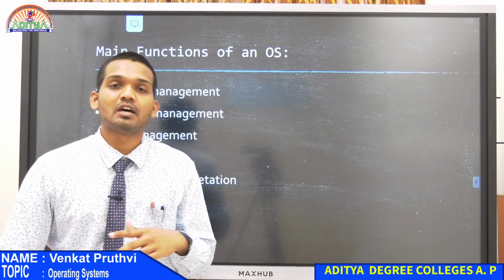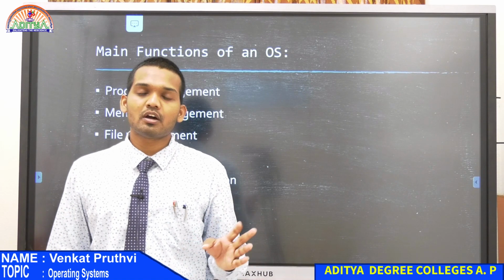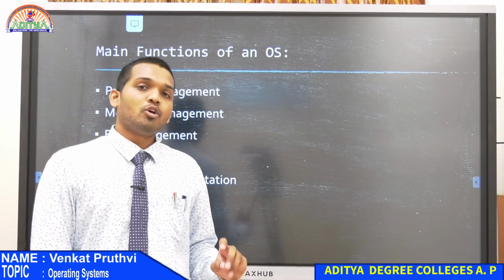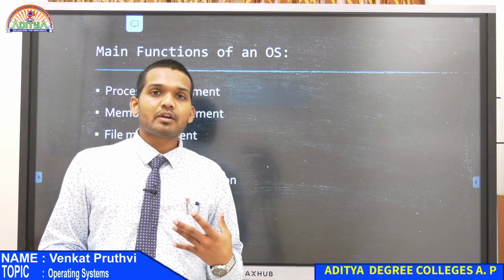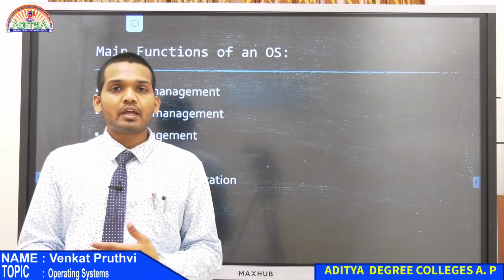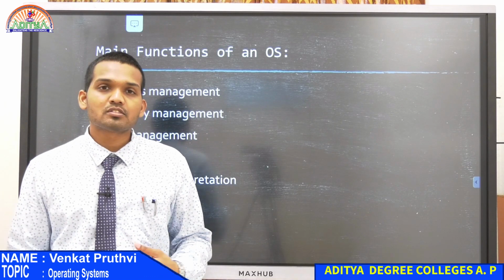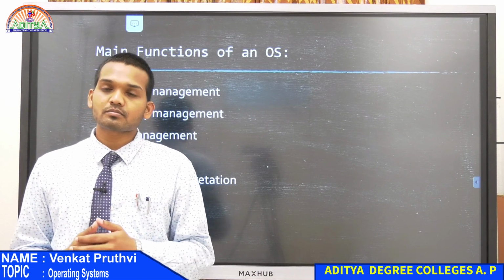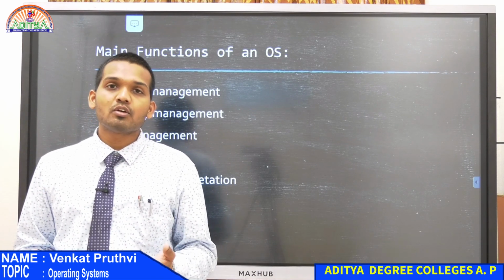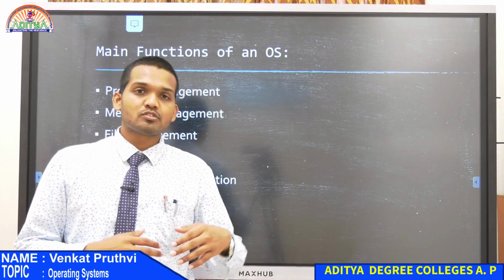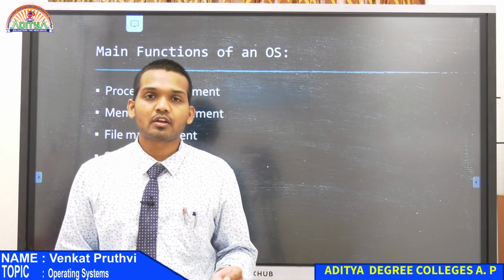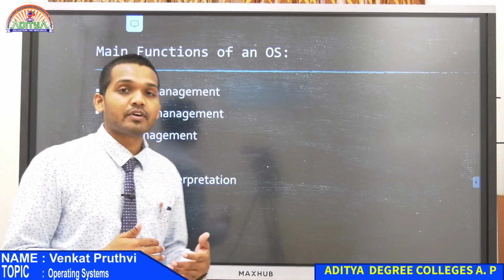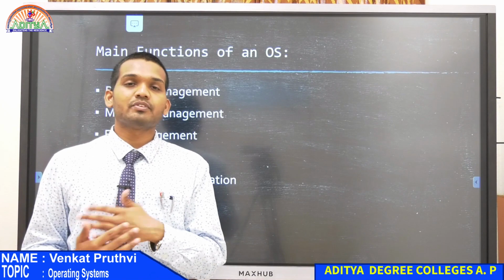Suppose Windows doesn't provide us any security for the computer or the data stored through the operating system, then nobody would be using Windows today, because anybody could enter into your account, enter into your system through different ways without security. It is just like having no lock on your house. If there is no lock or no door for your home and you are living there, it is the same way with an operating system without security.